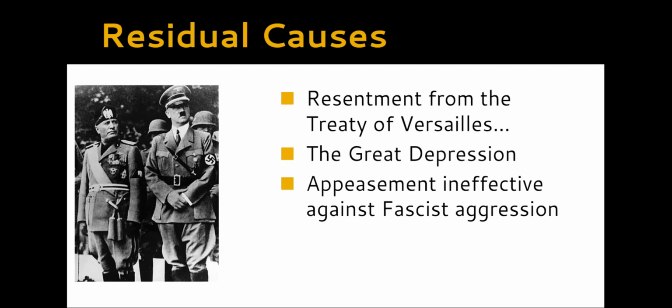Appeasement is something that is a huge factor in this. We've got mostly Great Britain and France trying to appease Hitler because they don't want to start another world war. So Hitler is going to start taking some territory throughout Europe, and as they do, you've got basically the UK and France kind of wagging their finger at them like, okay, but don't take any more. It is a completely ineffective policy.